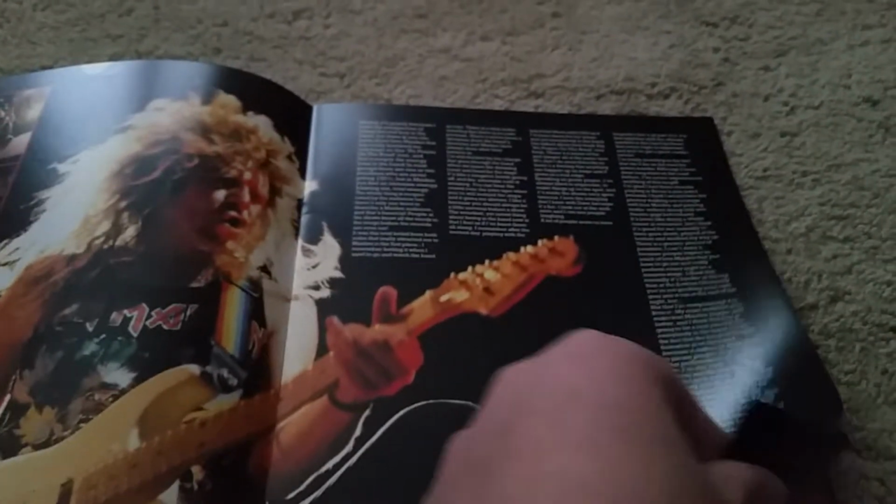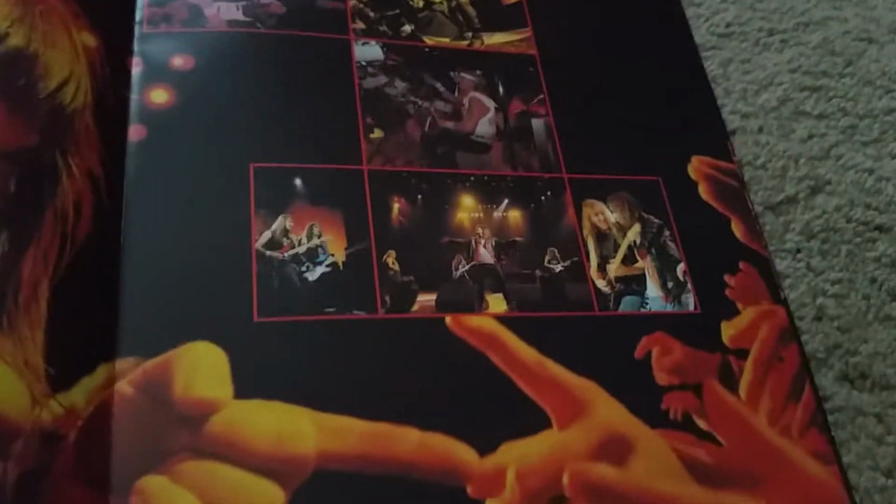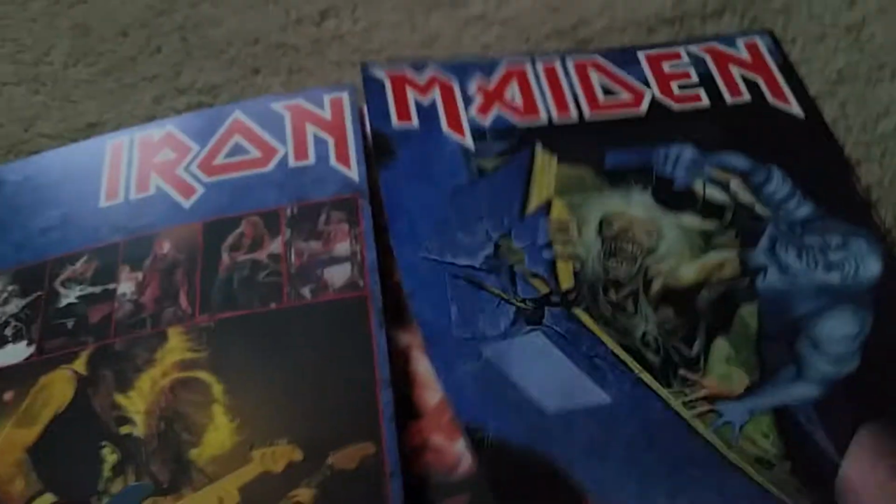Nicko, Bruce, Janick, Dave, and Steve. I guess this is Janick Gers's page. Steve Harris. I like that picture of him with the bass. That's during Heaven Can Wait. Bruce Dickinson. Here's the poster that they have in here, where you just open it like that. Oh, I wouldn't call this a poster, it's more like a fold out or something, whatever. Just something to promote No Prayer for the Dying,